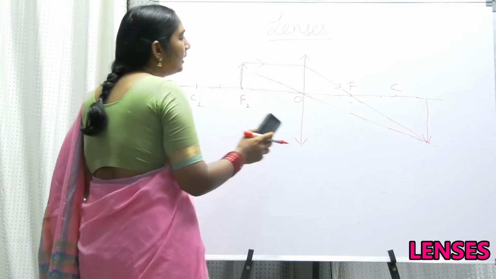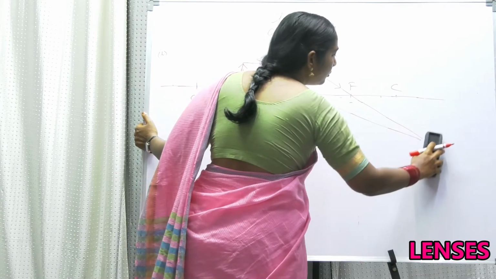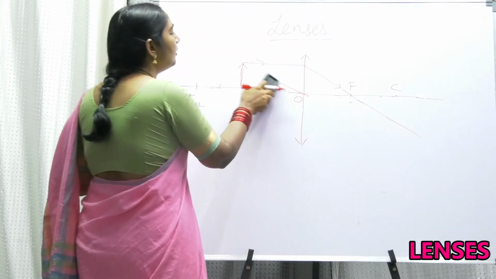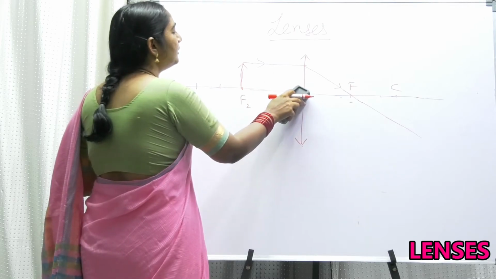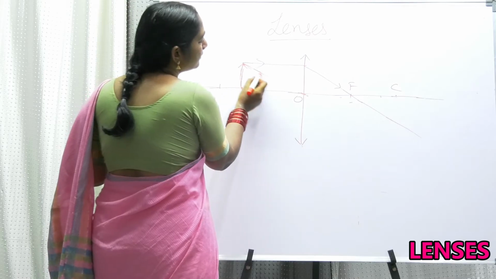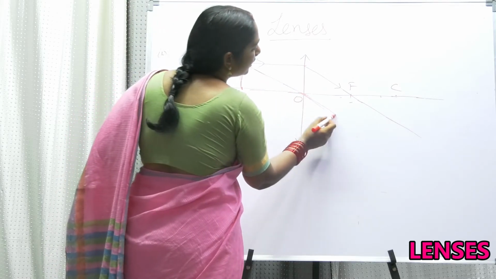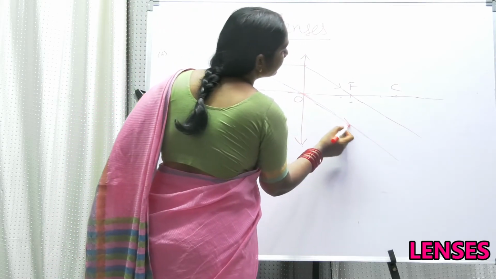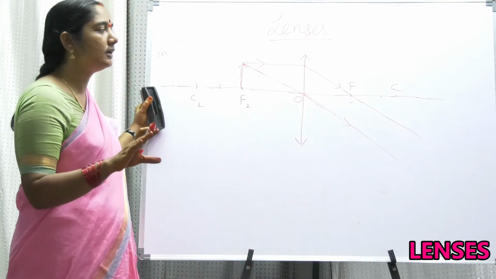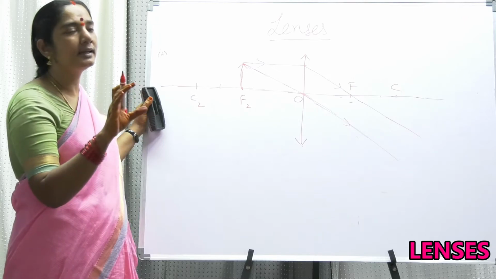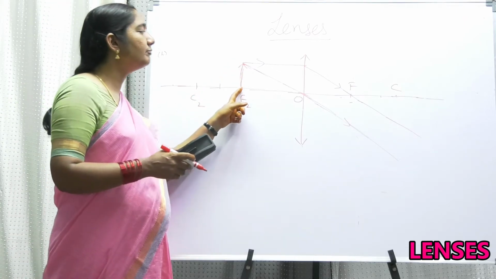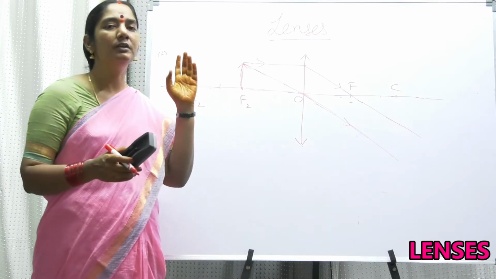You need not depend on anyone now. You know how to draw the diagram. You need not even wait for me. You can now complete your diagram. In this particular case, what you observe is that these two rays are going parallel. You know that parallel rays never meet at any time. Two parallel lines can never meet. So when the object is placed at F, the image is formed at infinity.